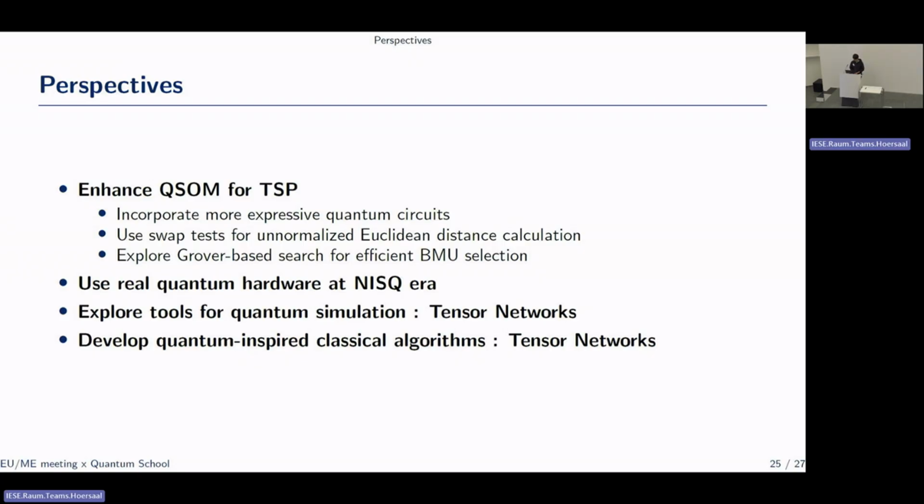And it may make a return to quantum-inspired classical algorithms. We think that tensor networks may help us to better design the quantum circuit, and it may provide insights in the